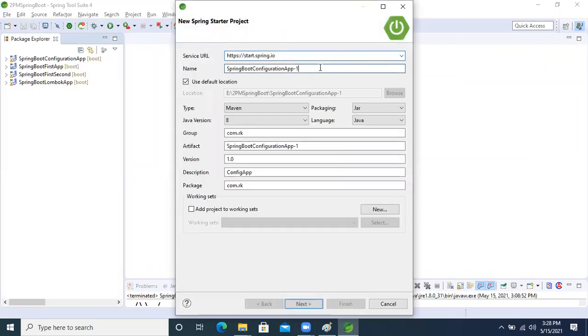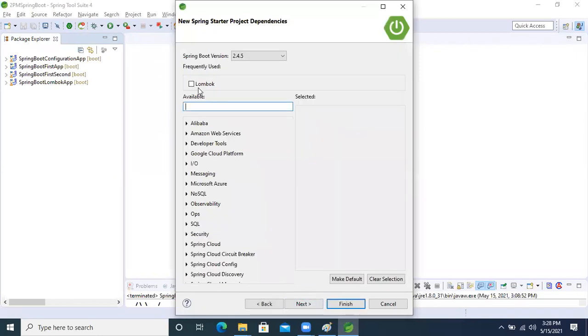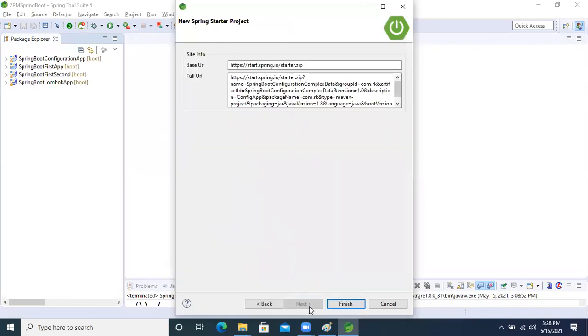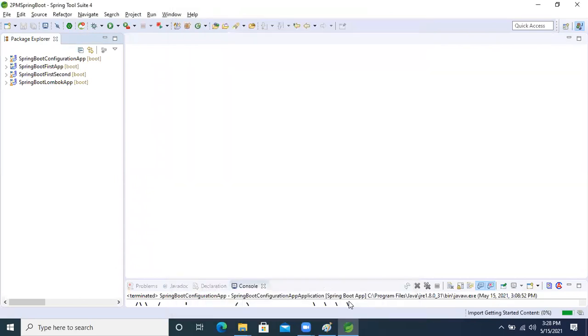Inside this starter project, the name is collection complex configuration complex data, just data. Okay, everything is fine now. Next, select the Lombok API, guys. Next, finish.